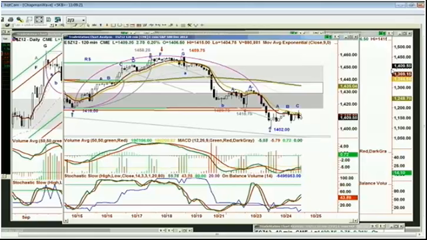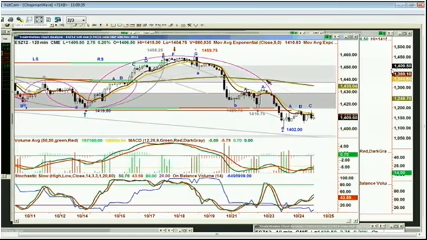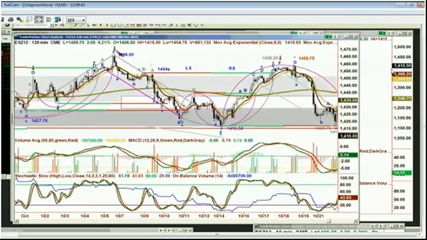Look at the arch formation here in the 120-minute chart of the E-mini, the S&P E-mini contract. Look at that arch. Well, if I squash this, what do you see? You see that there was an inverted V-shaped formation, which is the same concept as an arch formation. Goes straight up, comes straight down. Remember, I always talk about, unless it's a crash or a huge volume spike on news, most chart patterns just go up, and then they come down in the same time frame.